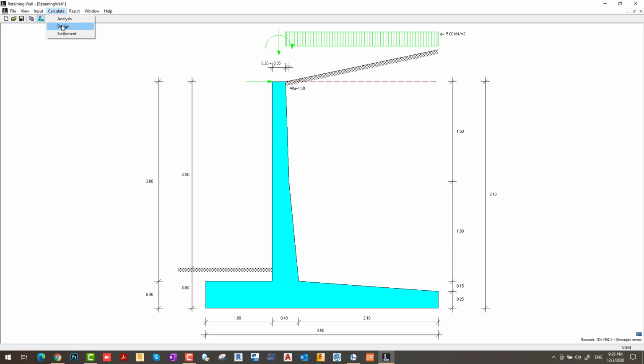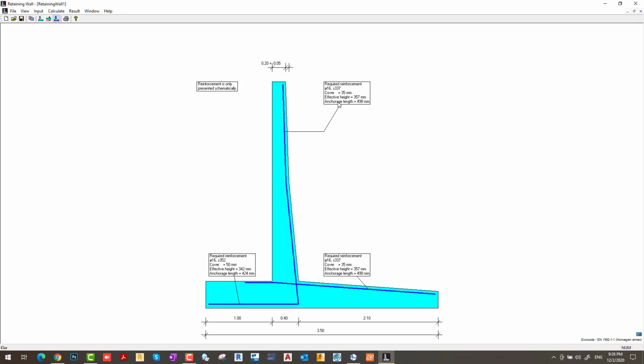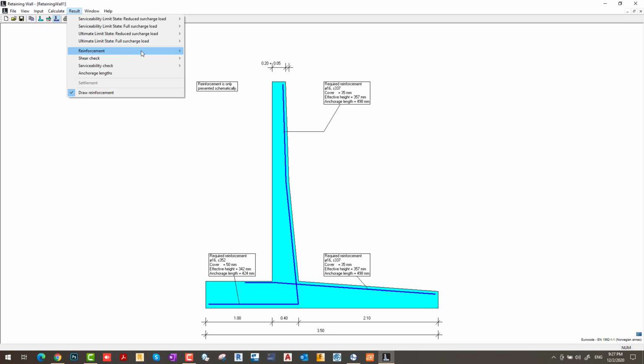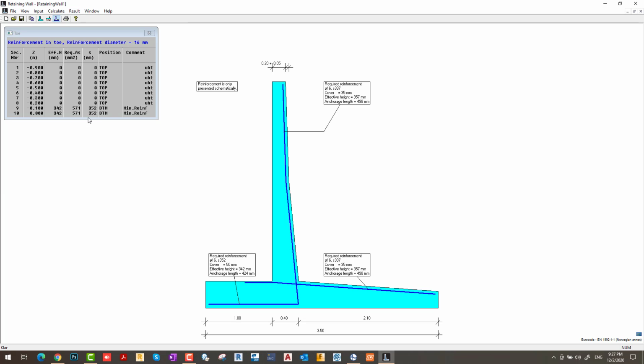But now I'd like to check the design. If you see the design case, the rebar is now available here with the concrete cover. You can see the concrete cover, and you can see the diameter. Also, for more results, you can go here. You can see rebar for the